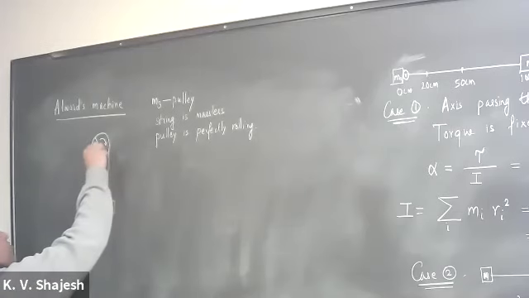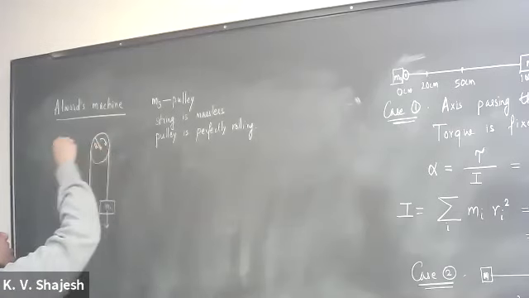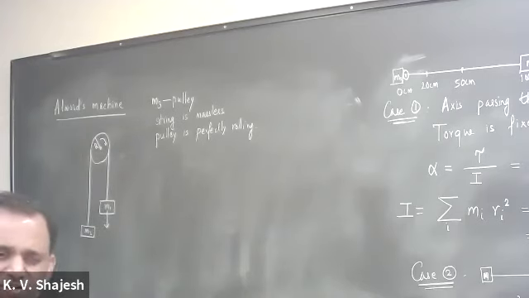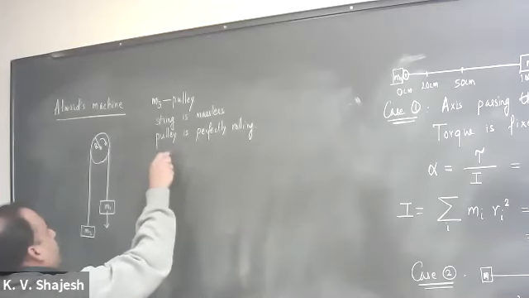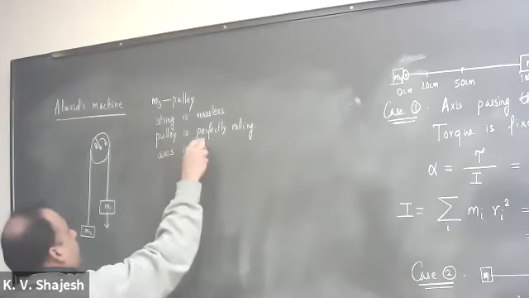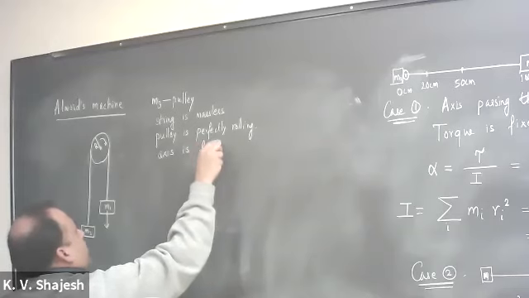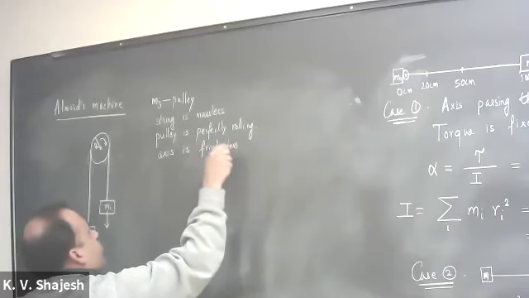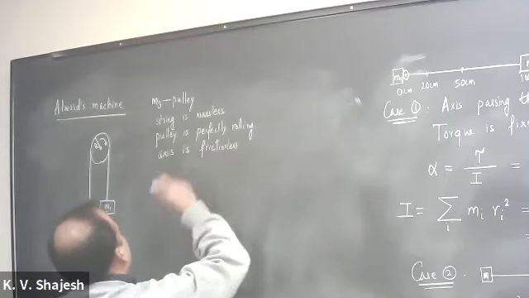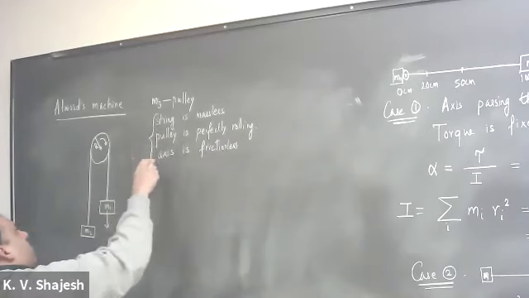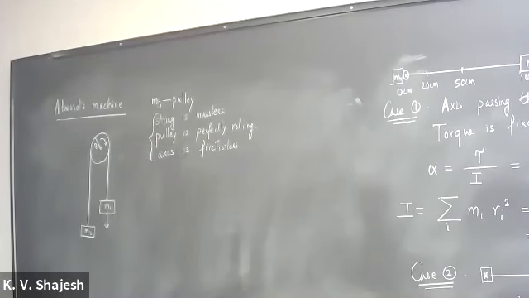And I also have to assume that on the axis, there could be friction there. So the axis is frictionless. All these constraints can be removed, but we are simplifying the analysis so that all this doesn't come into the picture. The axis is frictionless. So these are some of the ideal scenarios. Whenever you see these problems in this course, we have assumed these scenarios.